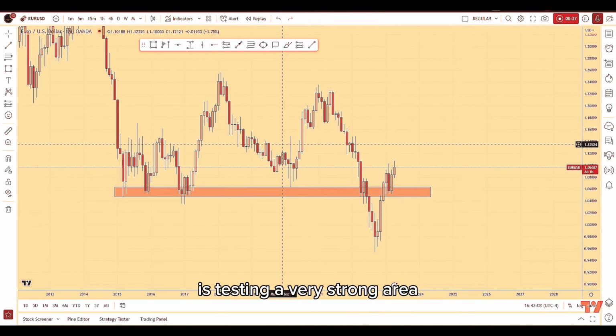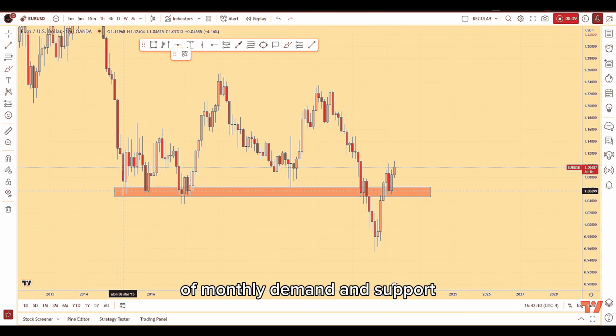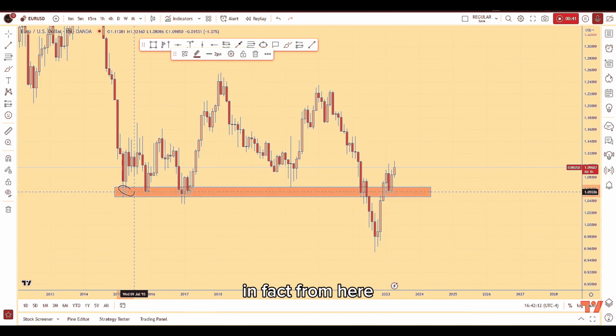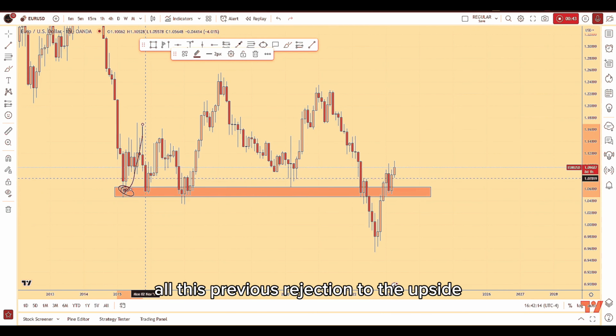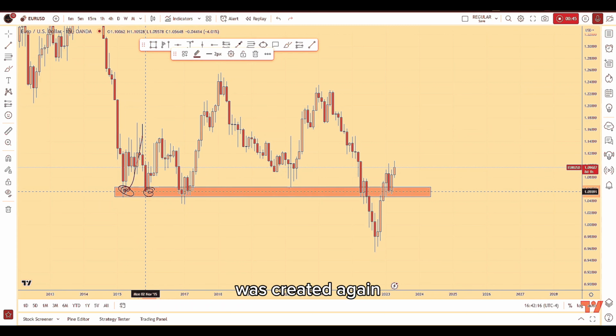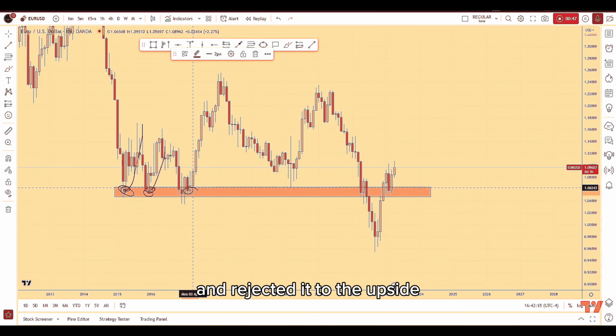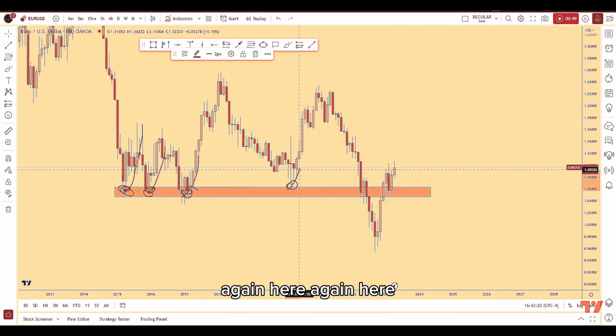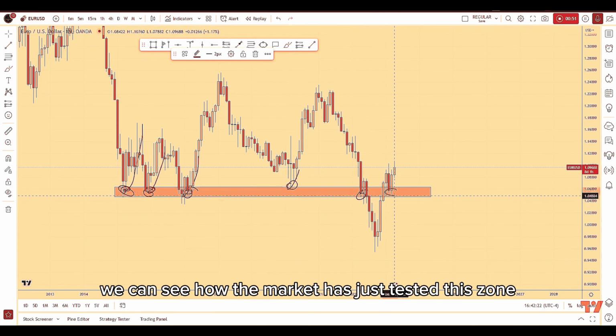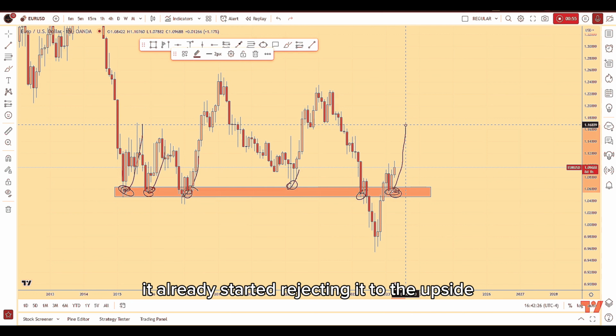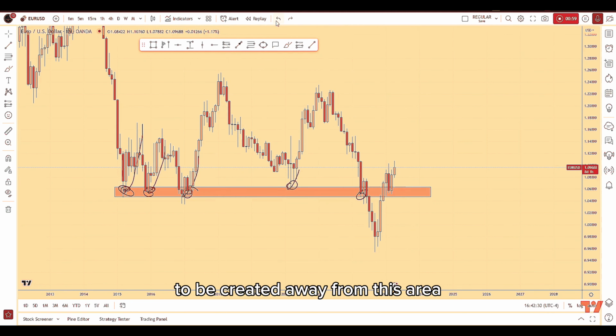Now, starting from the monthly time frame, what we can see is that we have a market which at the moment is testing a very strong area of monthly demand and support. In fact, from here, all this previous rejection to the upside was created. Again, here the market tested its zone and rejected it to the upside. Again here, and again here. And at the moment, we can see how the market has just tested this zone. It already started rejecting it to the upside, and we could expect more bullish price action to be created away